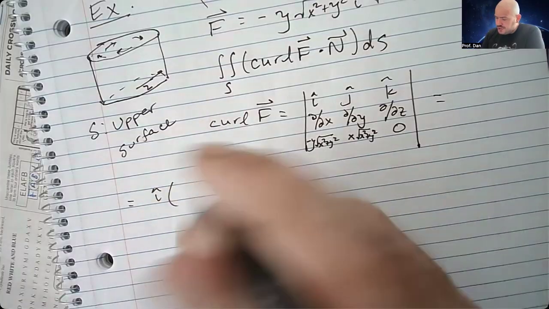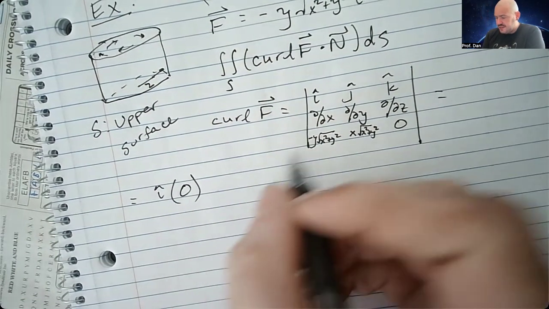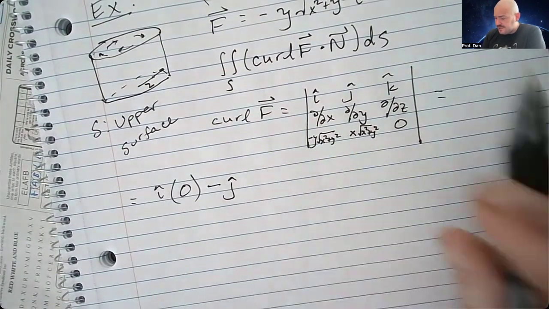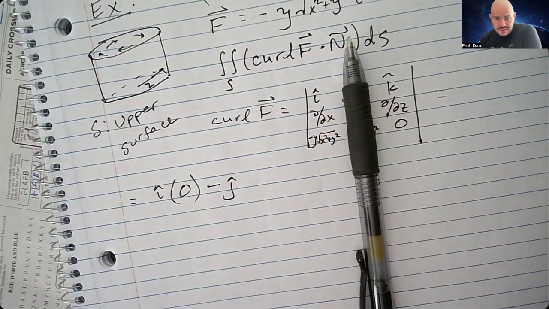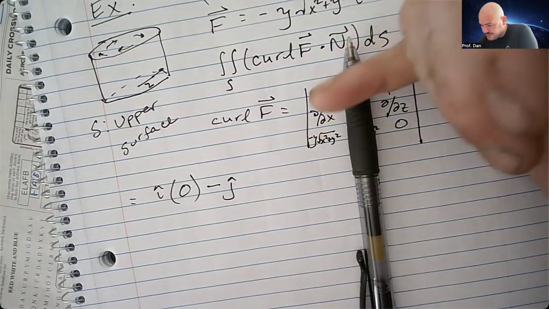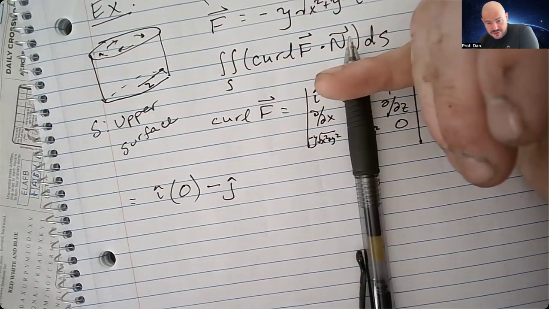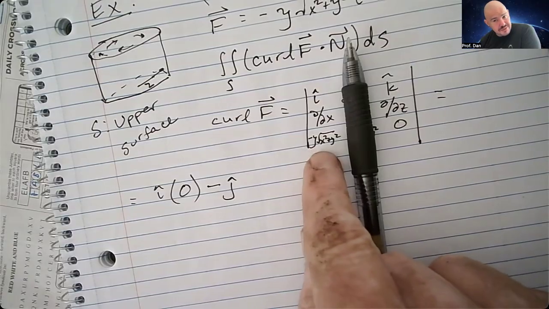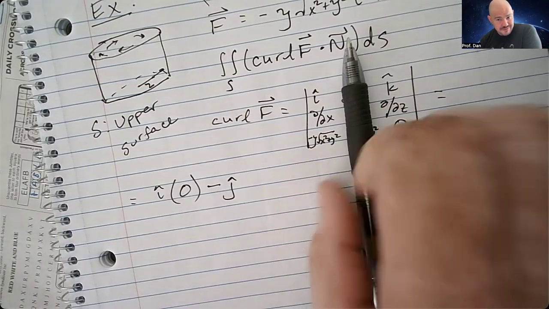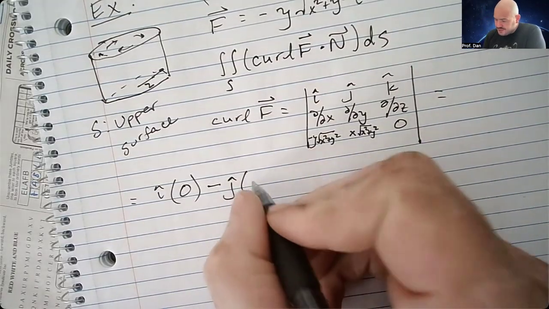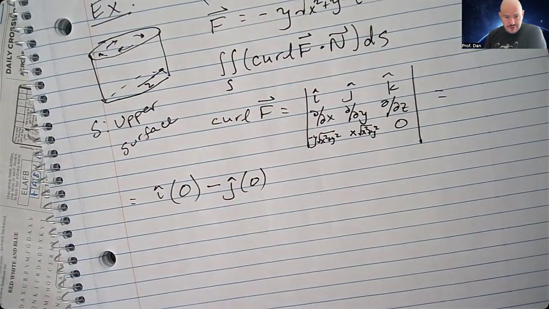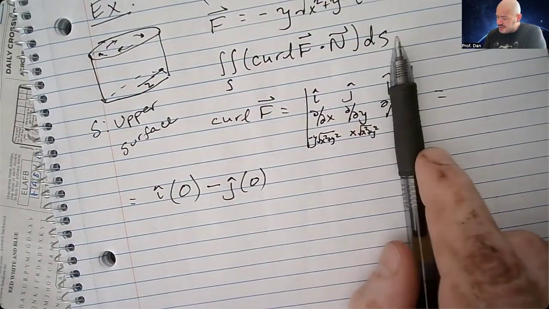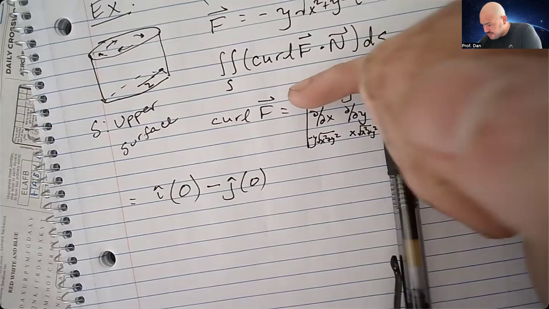So we do not have an i component. Minus j: if I cover up the second column and the first row, I'm left with that 2 by 2 determinant. The derivative of 0 is 0, and the derivative of this with respect to z is also 0. So there's also no j component either. And lastly, if we look at the k part,